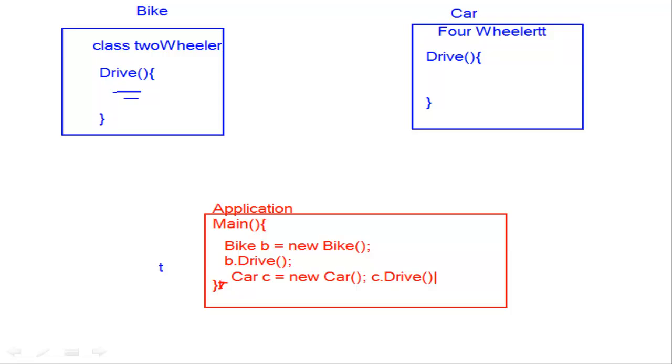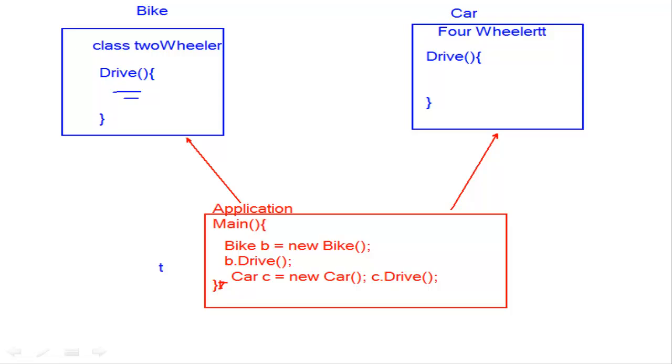So what is the problem with this? You said, okay, I have also written that kind of program. So what's the problem with this kind of program? The problem is that your application is actually tied to these objects. This is not inheritance. Please don't misunderstand this with inheritance. Your application is tied up with these two classes.